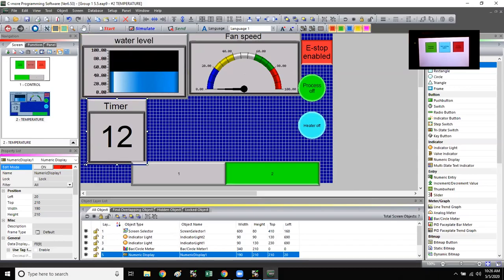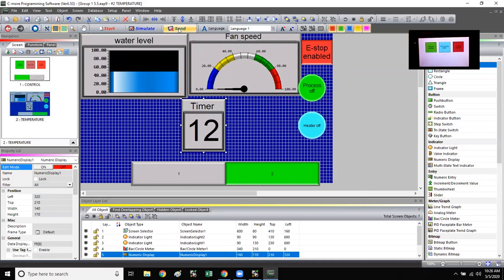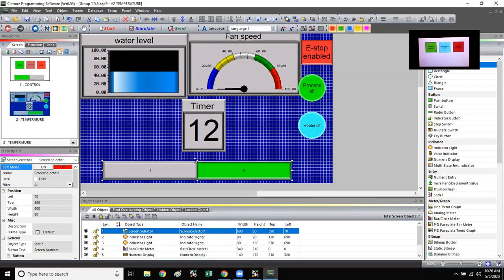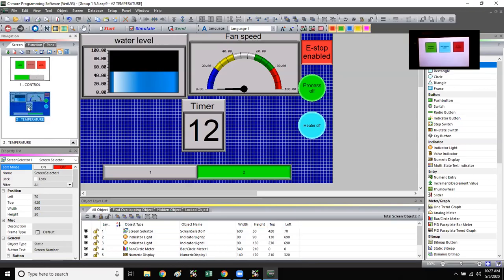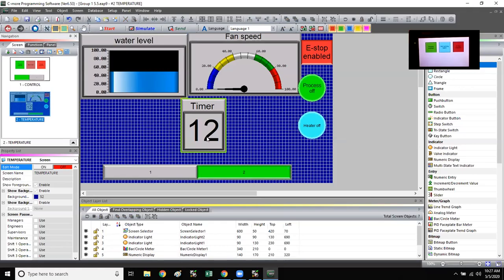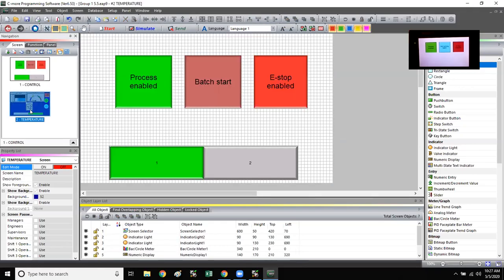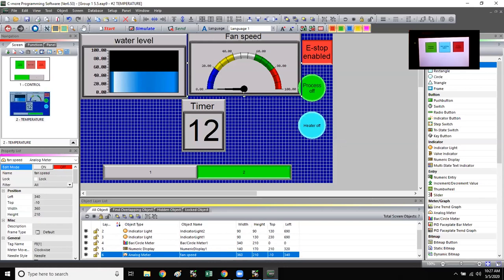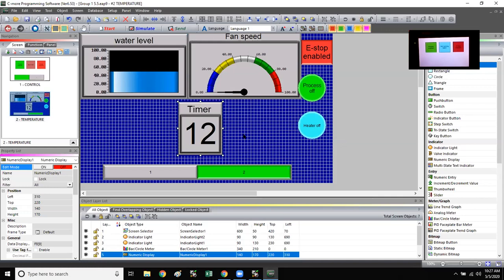You really don't need the screen change button to be that big either. Yeah, the screen change doesn't need to be that big either. Okay, I think that's